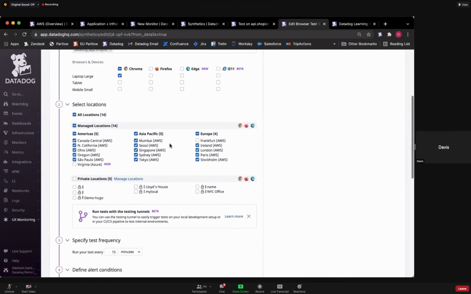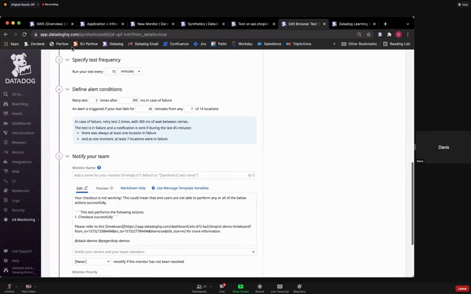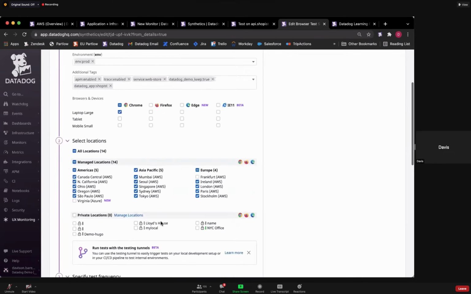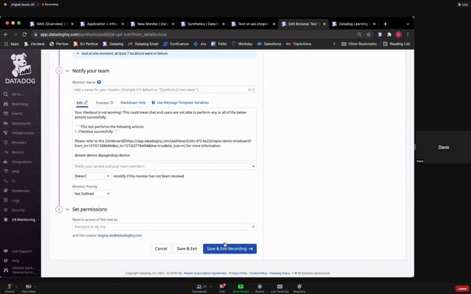The managed locations and the private locations are exactly the same. The test frequency is the same as well. You have those alert conditions, which again are the same as what we were just seeing on the API test. And then you have your notify your team section here, which again is exactly the same as what we were seeing before. But the biggest difference here between API and browser tests is going to be the next step, which is